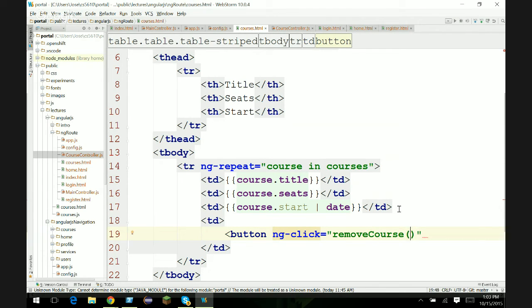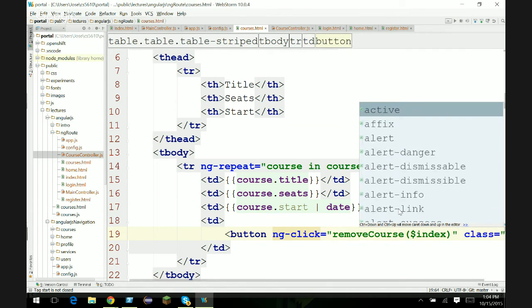And I can provide which course I am removing. I can provide the actual course, or I can provide an index, meaning which one this is in the original array. $index is a local variable that changes from 0, 1, 2, 3 as you iterate over the array of courses, over the collection. So with the index, we can paint this a little bit as a button